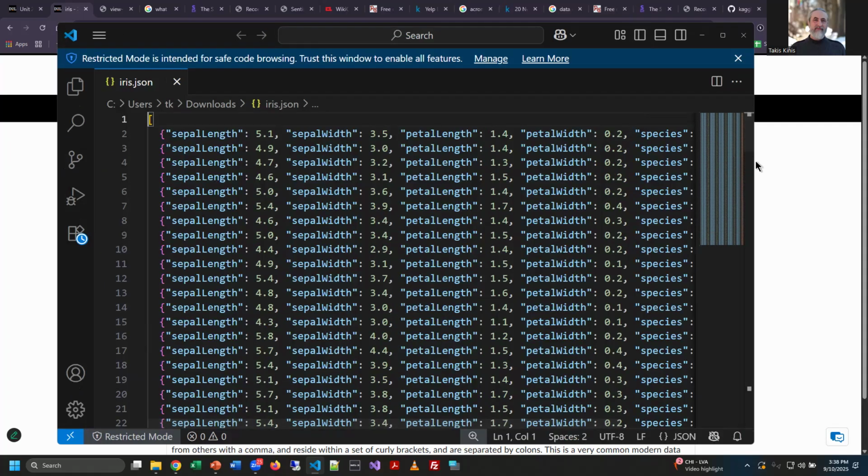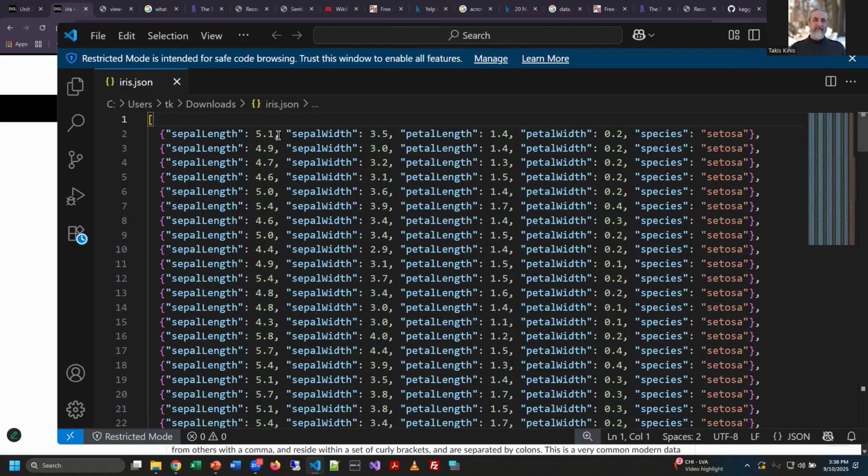That the way the data is structured inside of here is as follows. There's an outer pair of square brackets, right? So way at the bottom of the file somewhere, there's the closing square bracket. Then I have what typically would be a row of information in a table. That's inside a set of curly brackets. So this is where it starts to look like a dictionary in Python, by the way. So inside the curly brackets, I have key value pairs.